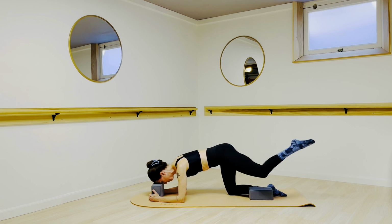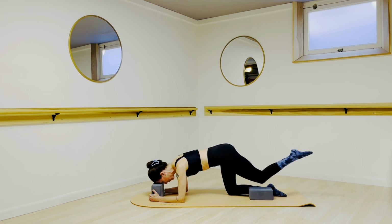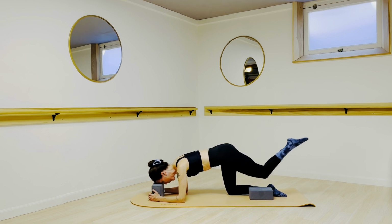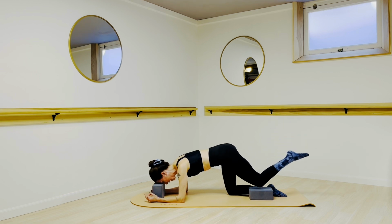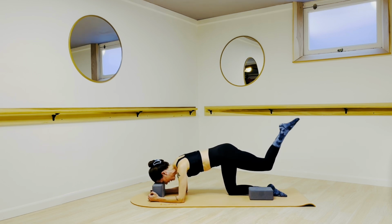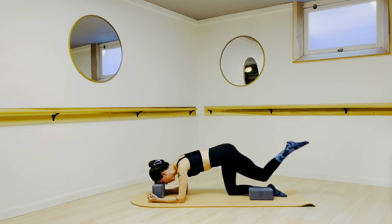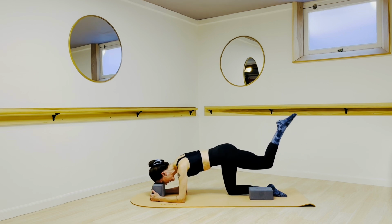Good, last one. And then from here, keep the bend in your knee. We're gonna just lift and tap. We're working here with a reduced range of motion instead of taking our knee all the way down to the floor. So that's gonna create precision. You're gonna be able to really engage your muscles with that smaller range of motion for 4, 3,